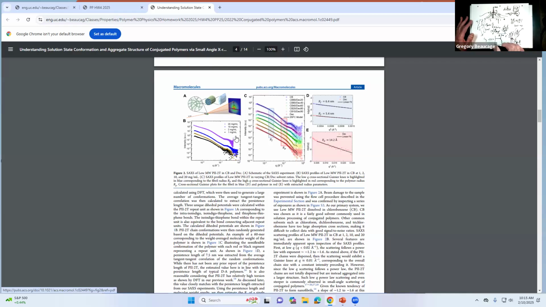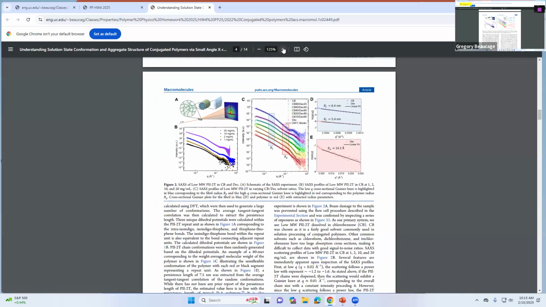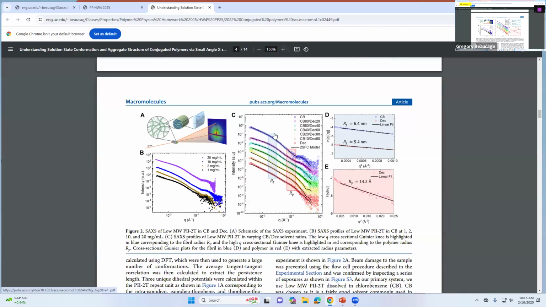All right, so you go back to that with that in mind. Hopefully you collected a little bit of that. Then you have to look at this plot that he has, right? You're looking for this thing like flat and knee, and that's where you're going to get this RG. These are Guinier plots he has. So basically, let me go back there. All right, so the Guinier plot is